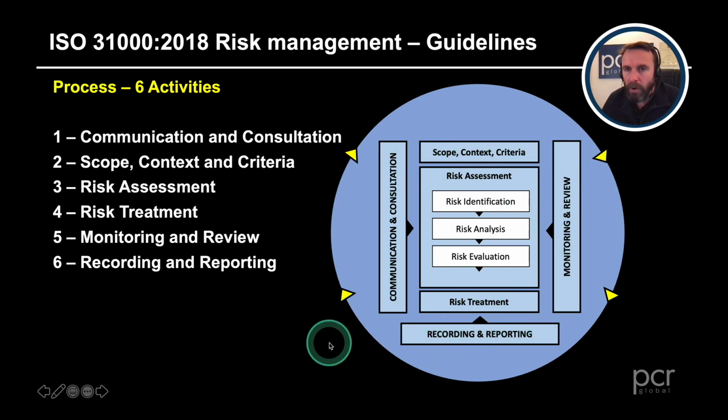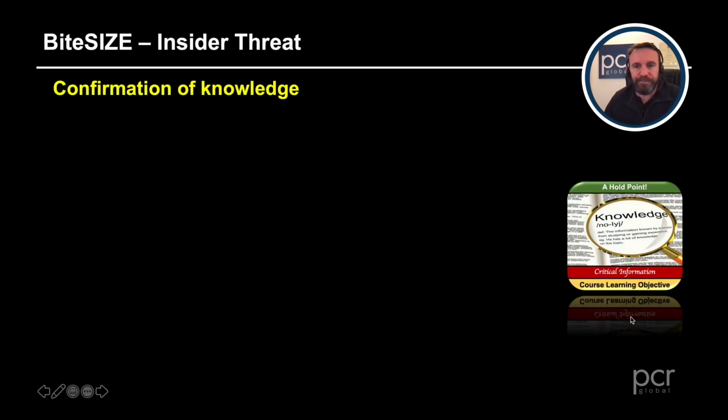The real benefit of ISO 31000-2018, I feel, is the way this diagram is depicted. Because we undertake the risk management process, which this is, when we're communicating and consulting. We undertake the risk management process when we're monitoring and reviewing, when we're recording and reporting. So many people just focus on the risk assessment part. They don't focus on the management part. This is the risk managed. To manage it, we have to ensure all of these are in play.